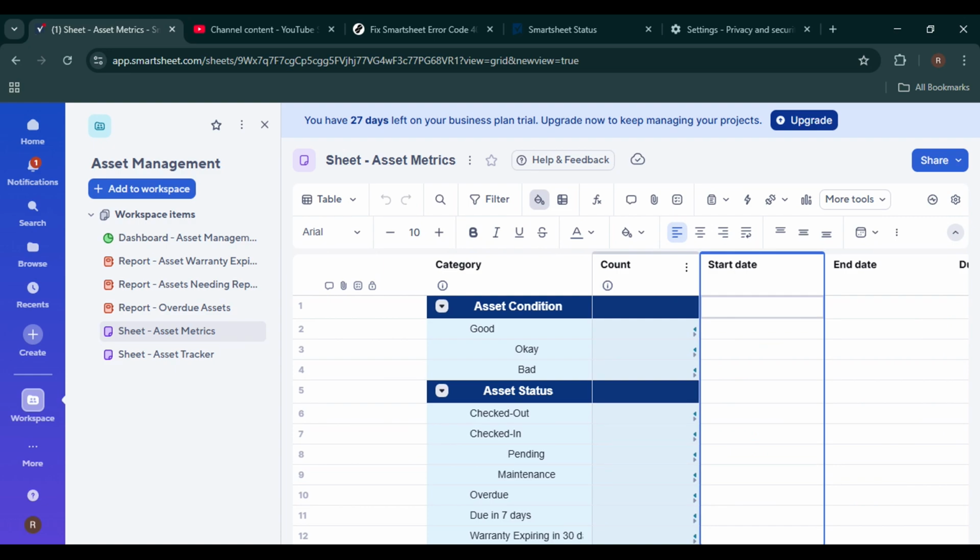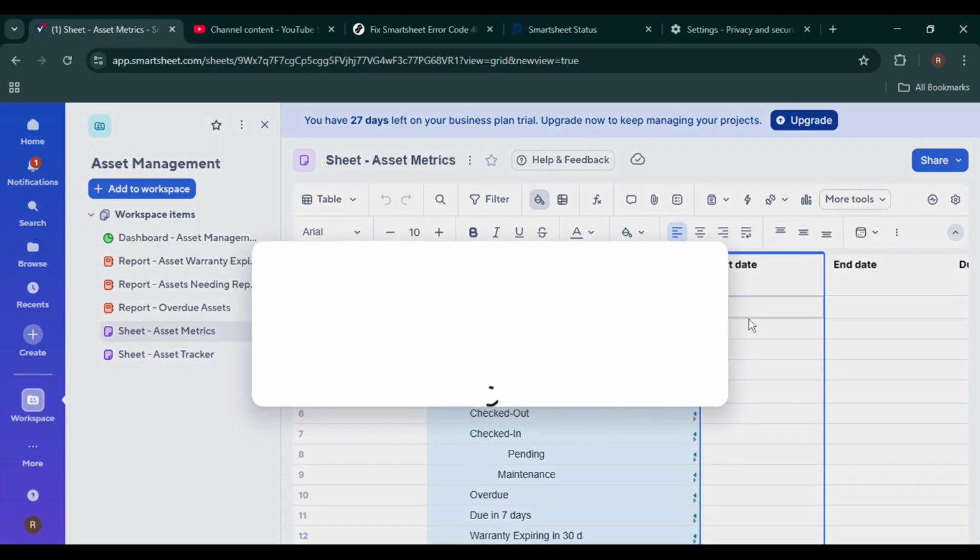The fourth thing to check is whether the row or column is locked. Smartsheet allows admins and owners to lock specific rows or columns to prevent changes. If something is locked, you'll see a small lock icon. Try right-clicking the row number or column header to see if there's an unlock option available. If you don't see that option, it likely means you don't have permission to unlock it, and you'll need to